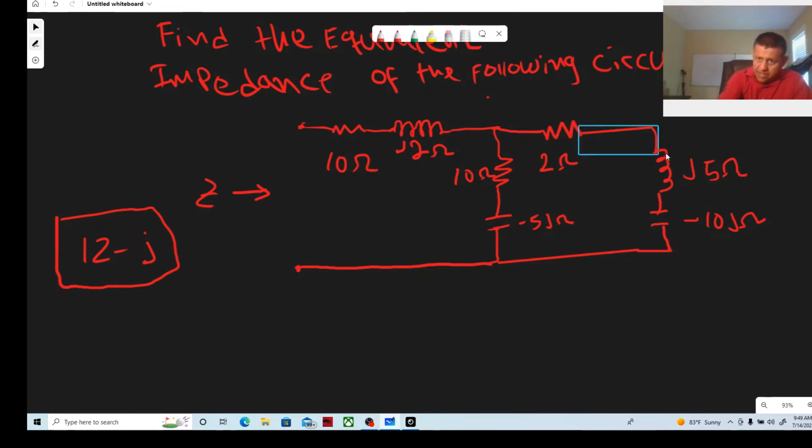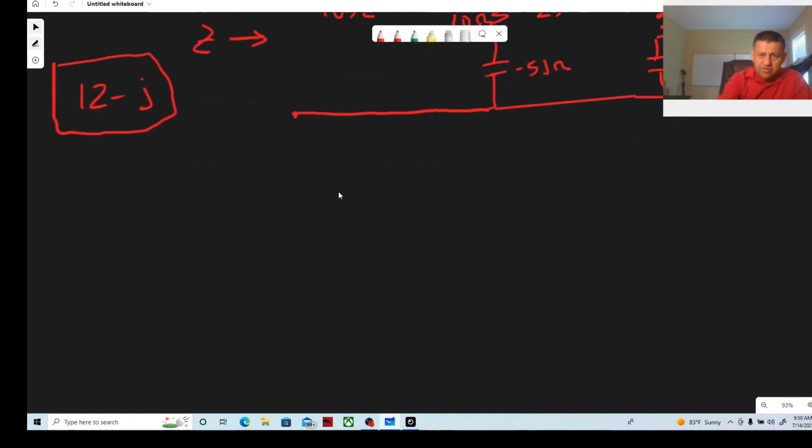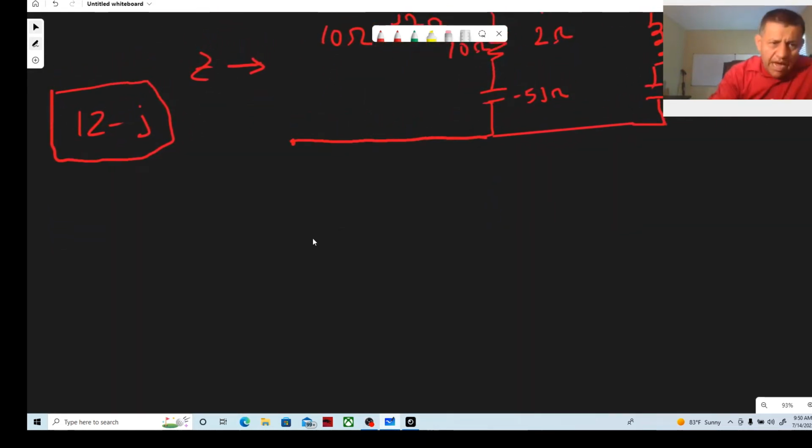One element, and the whole thing. This will be combined to one element. And of course, the greater number is 10J, so the capacitor will have the priority. So the capacitor will be the one showing up in the circuit, right? So we want to get rid of that inductor, right? So I will redraw the circuit, and I will do,